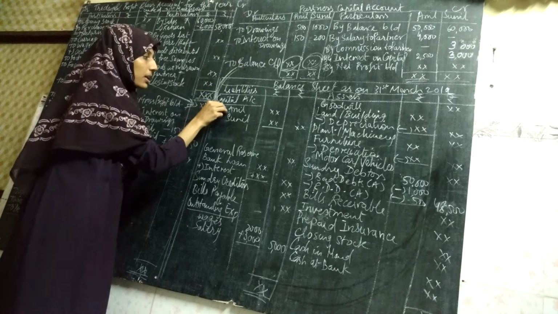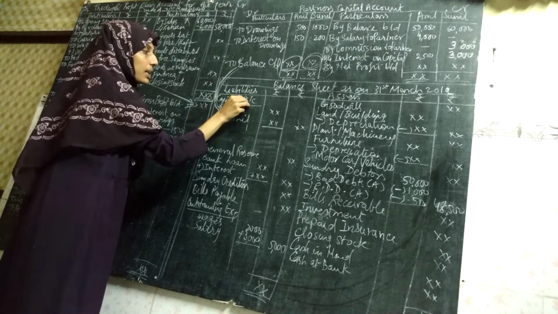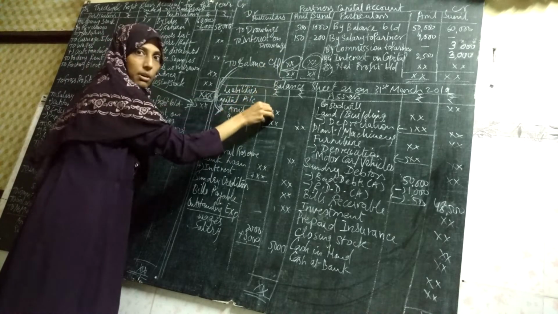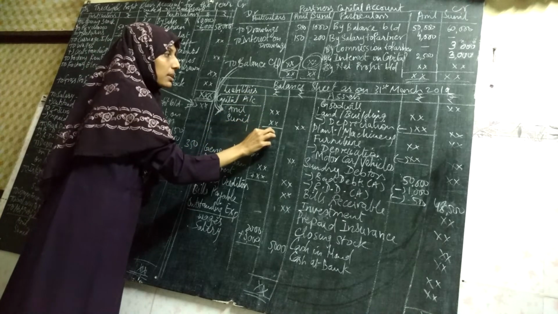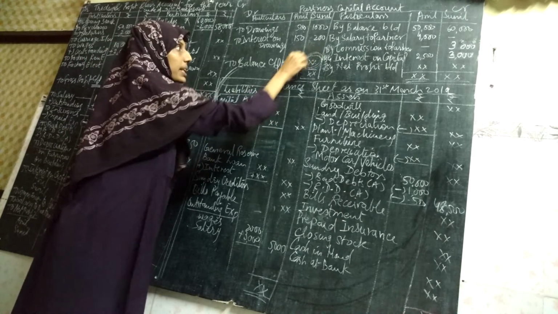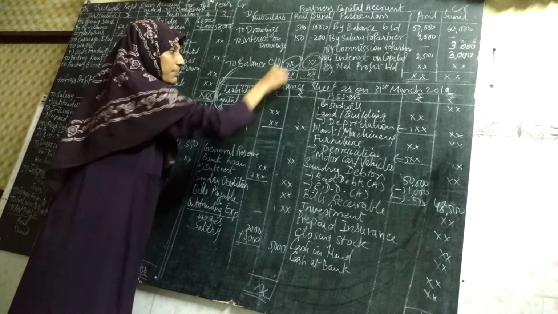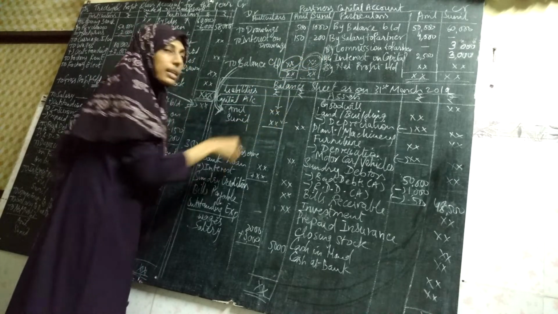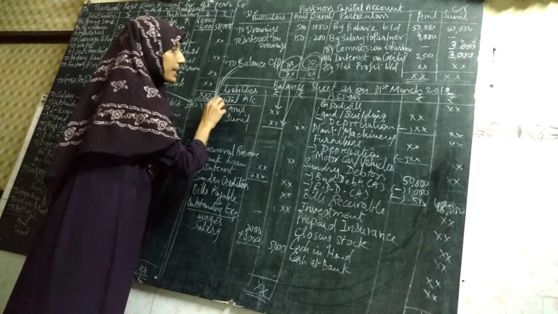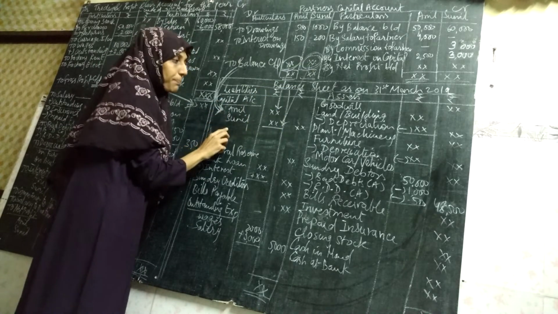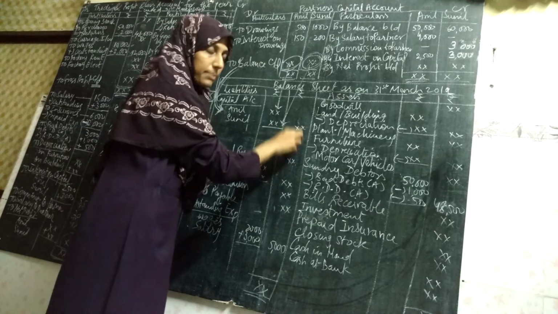Therefore I put an arrow mark here. The capital account of Anil, we have taken the amount from the capital account. Sunil is a partner, his balance will be taken from the capital account. So the same thing will be brought down here on the liability side as the capital of Anil, capital of Sunil. The total will be taken in the outer column.